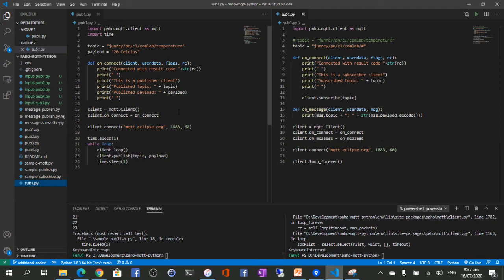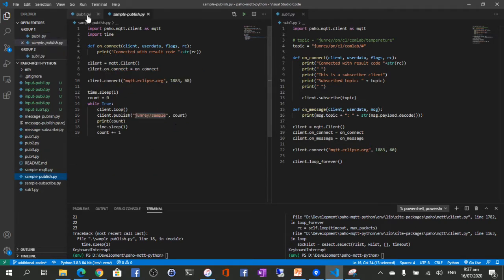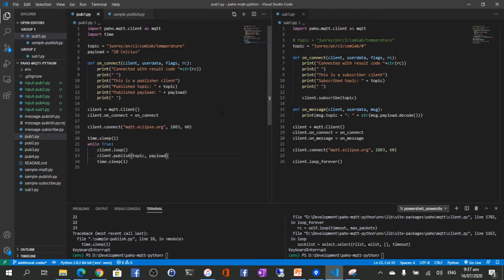Now if you notice, the pub1 is still basically the same as the previous examples that I shared with you, especially the sample-publish.py. So they are basically the same, but what I did here is define a variable topic, and I initially set it to genre, PN, C1, CumLab, temperature, and